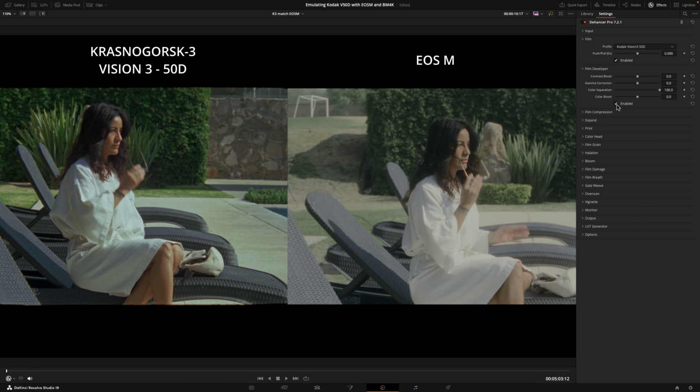We enable it, increase the color, and adjust contrast by fine-tuning the gamma correction. Before,